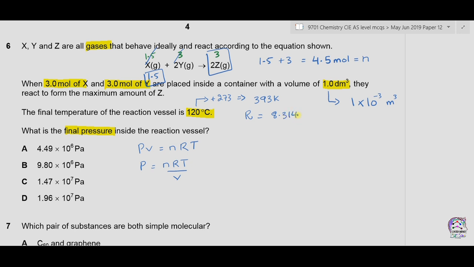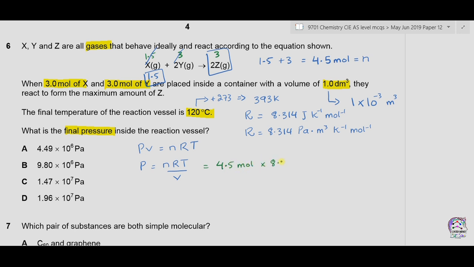Now the value of the ideal gas constant from the data booklet is 8.314 joules per Kelvin per mole. We can also write this as 8.314 pascals meter cube per Kelvin per mole. Now putting all these values in this equation, we have 4.5 moles